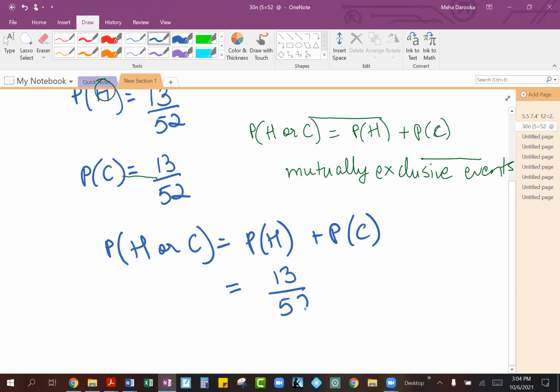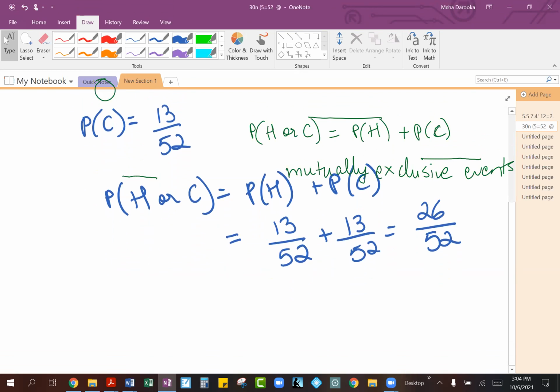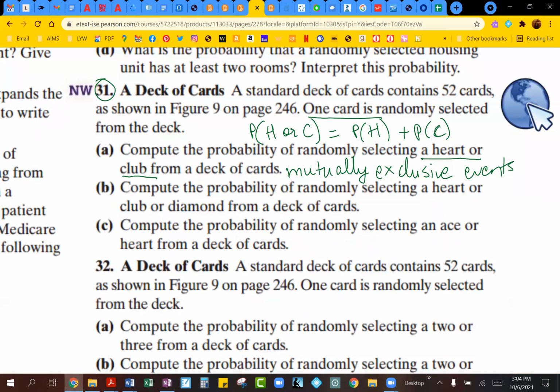26. Okay, and then as a reduced fraction, what are we looking at, guys? 1/2. Yeah, because 26 out of 52 is, obviously, you're looking at two suits out of the four of them. So you have basically a probability of 0.5 or 1/2 that the card you select could be a heart or a club. So that will be our part A over here. Alrighty, very nice. And then let's look at what happens with part B.